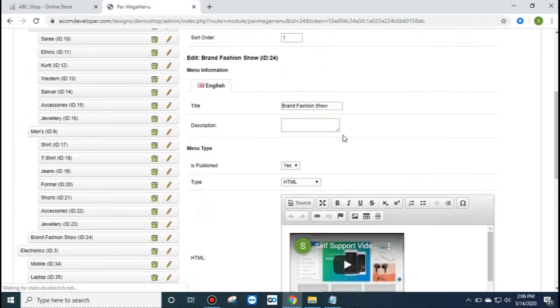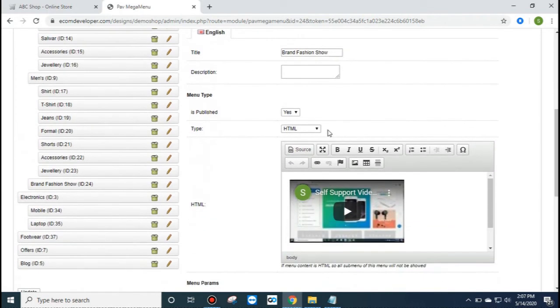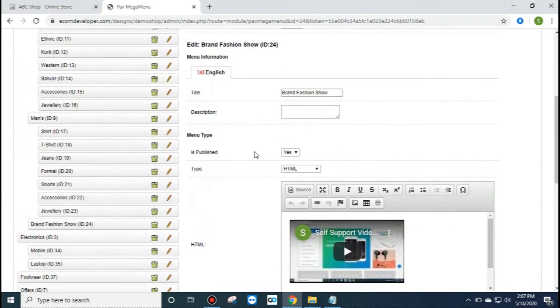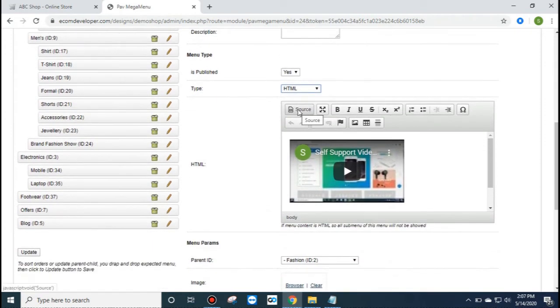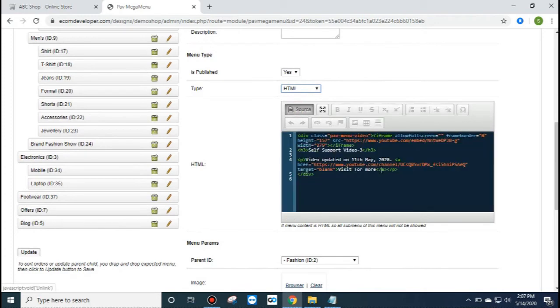And you will see how it is done from here. You will select type as HTML, and after that from click source, and you can put the video's code from here. You can follow this kind of settings.